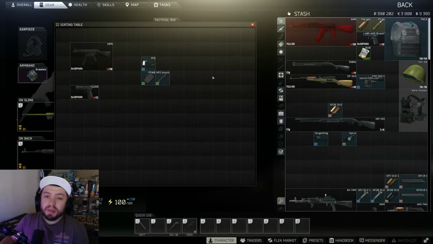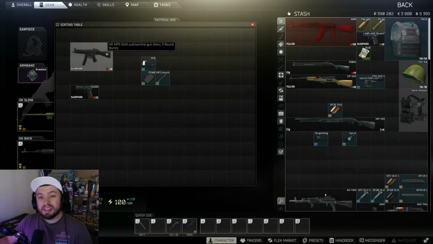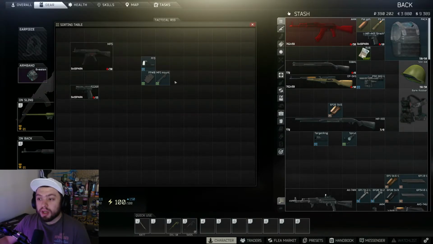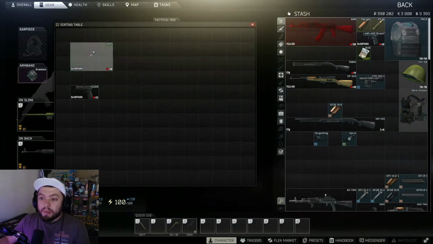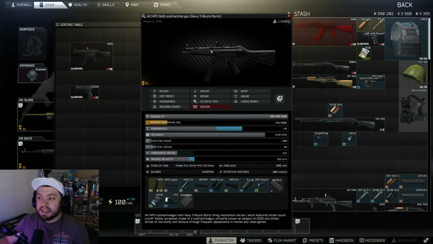You can get the MP7, which is just throw any sight or foregrip you want on the gun. However, I do like the MP5 because it does have the Barter knife trade. You can do 8 Brown knives, the ones that you get most commonly off of scavs, and you can get an MP5 for it. You just get this MFI mount. I personally like the Fast Fire 3 Reflex by Barris. Go ahead and buy that, buy the mount, and then you have a pretty decent, right off the gate, MP5